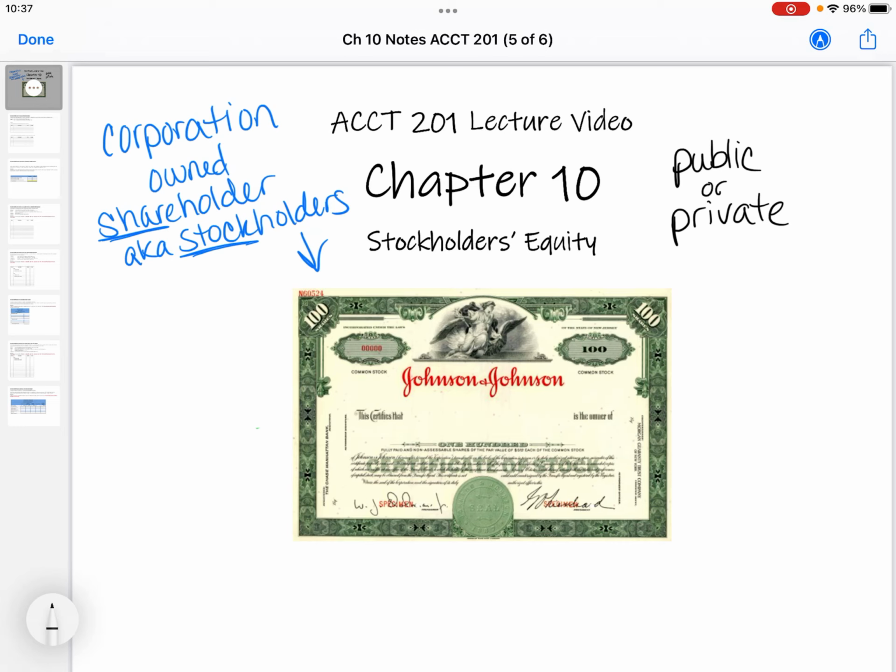Or it becomes public, and at that point, anyone and everyone can buy and sell the shares of stock on the stock market. So the stock market used to be a really hard thing to kind of become part of. You'd have to go through a broker and do all of this. And technically, you still go through a broker, but we can do it through apps and all kinds of easy ways of buying and selling stock.